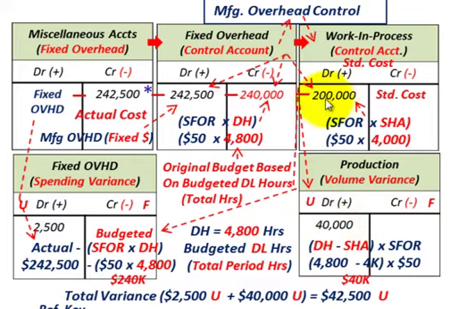Now just looking at our debits and credits here to see how everything balances out. So taking our debit here at 200,000 based on our standard cost here, and then add to it our debit here, 40,000 in our production volume variance. That brings us up to 240,000, and then we'd have to also add our debit here in our fixed overhead spending variance of 2,500. So that brings us up to exactly what we have here in actual cost at $242,500. Okay, so that's how we handle these